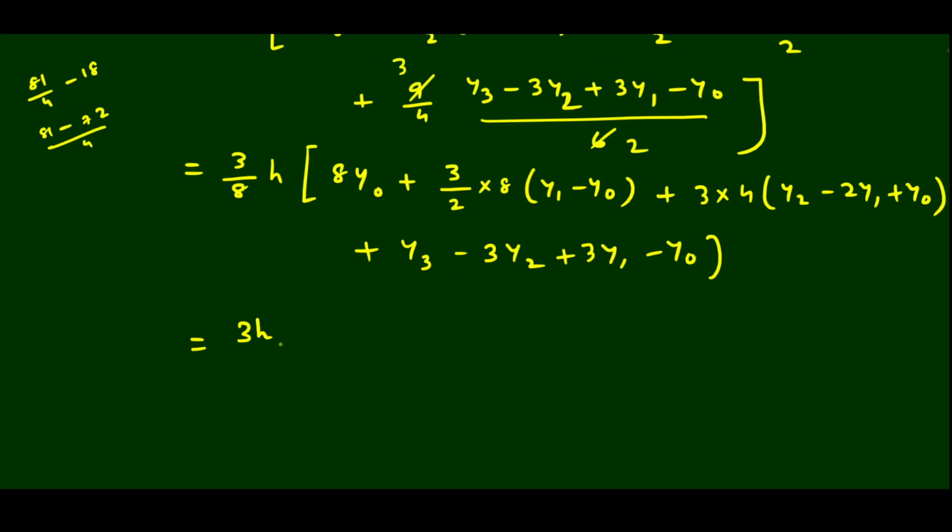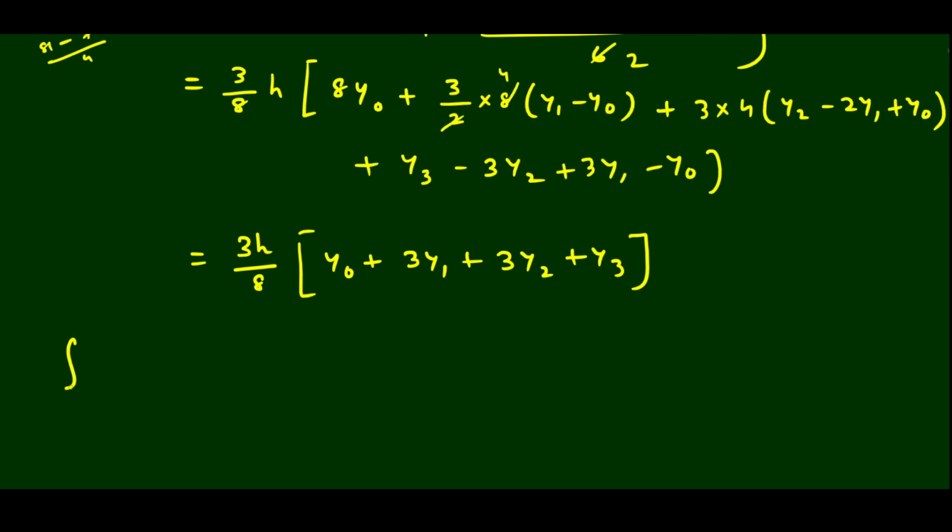Okay, now we have to simplify it. So outside we have 3h/8. Then if we cancel this, 1/4 will be there. So after simplification, you will get y0 plus 3y1 plus 3y2 and then y3. Okay. So after simplification, exactly this you will get: y0, then second and third term with 3, and again the last term is simply y3. So here 4 terms we will get starting from y0.